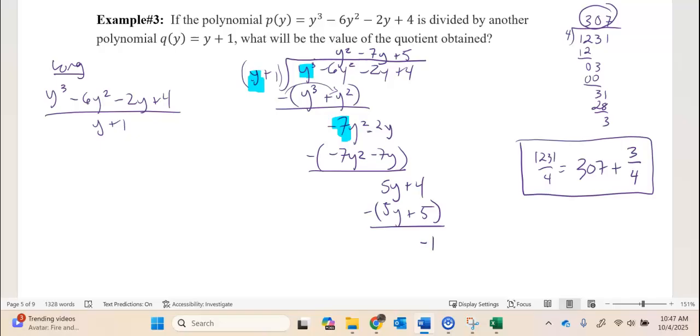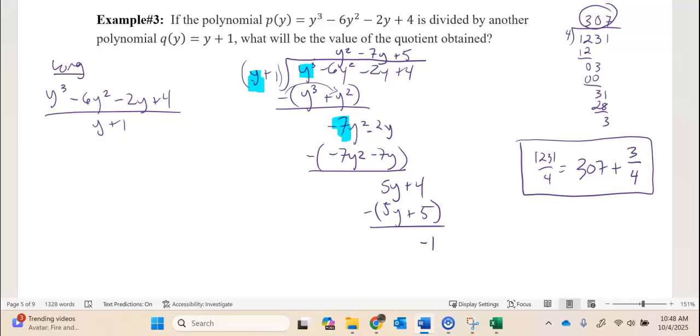Here's what's coming up. If we get a 0 remainder, that means that this linear factor went evenly into this. So we're going to do those shortly. We're going to find things that are factors, and it'll allow us to factor this. That's what's coming up. But right now in this example, I just want you to know how to do the